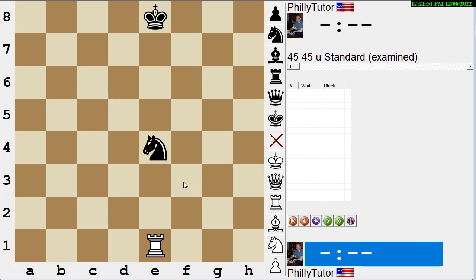I remember a game where one of my students, who was fairly low rated, was playing at one of the big tournaments, and he couldn't win with a queen. He had a queen and 2 pawns against a rook, and he kept trying to check the other guy instead of queening a pawn and winning the rook, and he kept losing his pawns because he would chase the king around the board and the king would take off the pawns. And finally he couldn't win, and he just wanted to get a draw, and he offered the guy a draw, and I think the guy said no. And let's say he was black,